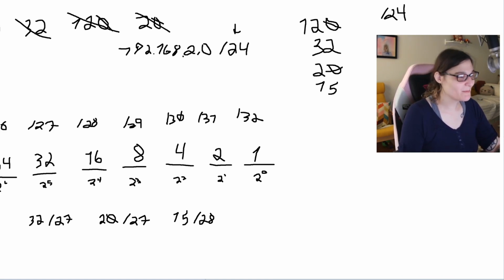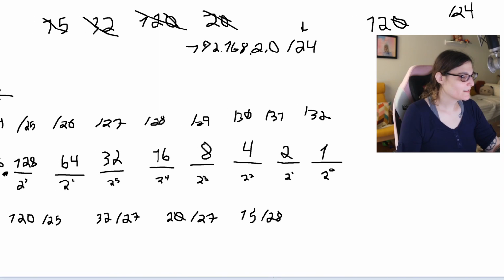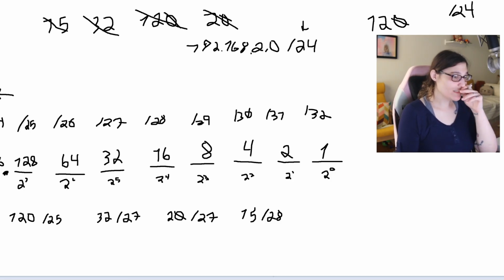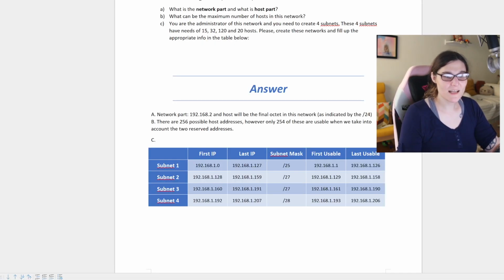Okay, so the final part, let's put it all together. We have the first network of 120, which is a /25. We look at our chart and we see that /25 is at the power of 2, which is equal to 2 to the 7th, 128. So we can allocate 128 addresses. The question asks us,